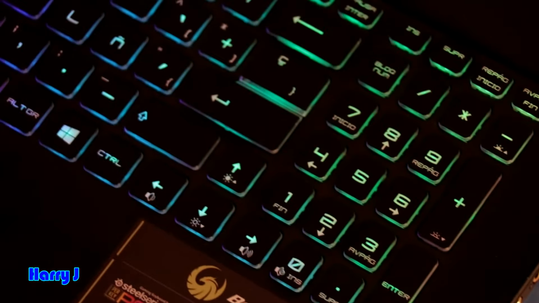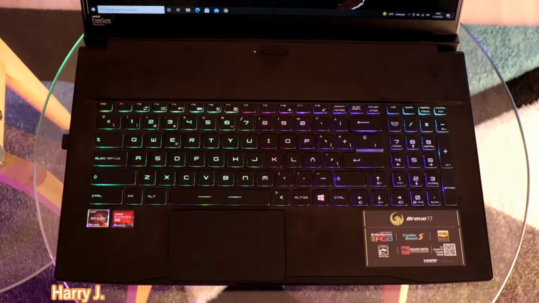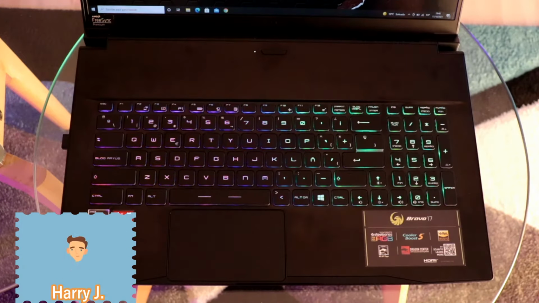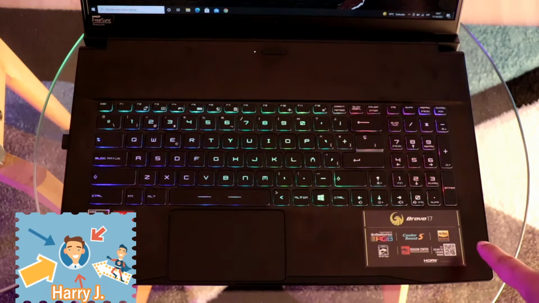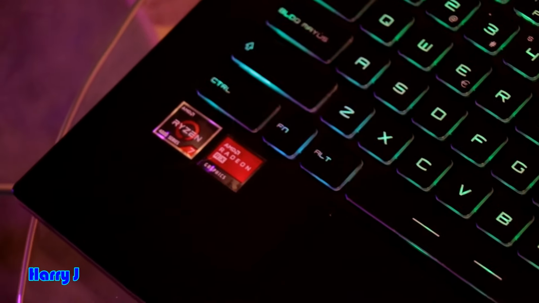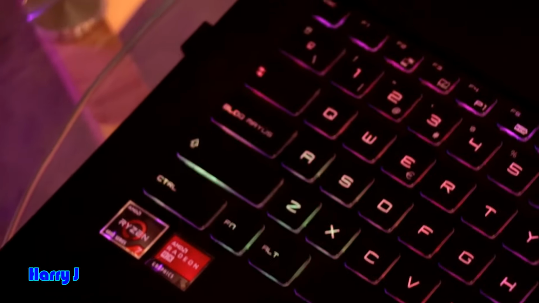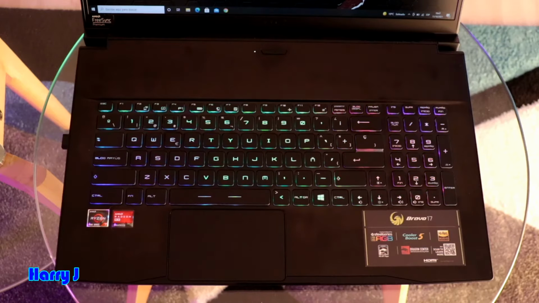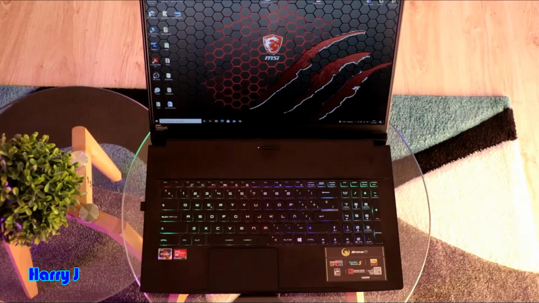You can see I have a notebook in front of me and a keyboard in front of me. This is the MSI Bravo 17, with RGB cooler booster. This is Ryzen 7, a very dynamic and high processor, with 4 GB of graphics card. So in this video I'm going to show you the functionality of the keyboard. Let's see, we'll hit the keys one by one.